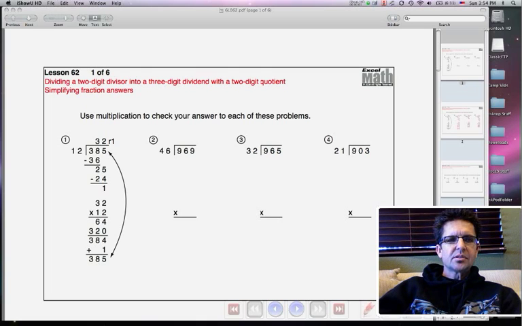This is 6th grade Excel, lesson 62. First, we're going to learn about dividing a 2-digit divisor into a 3-digit dividend